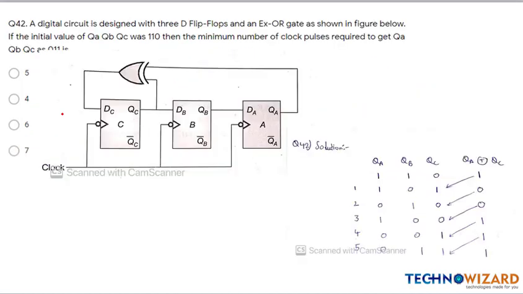Now, this question I have already done with you, but some digits are changed here. D flip-flop, in D flip-flop, the input is the same as the output here. It is designed like this. Now, they have sent 011. 011 is the input given to you, that is QA is 0, 1, 1, like this.